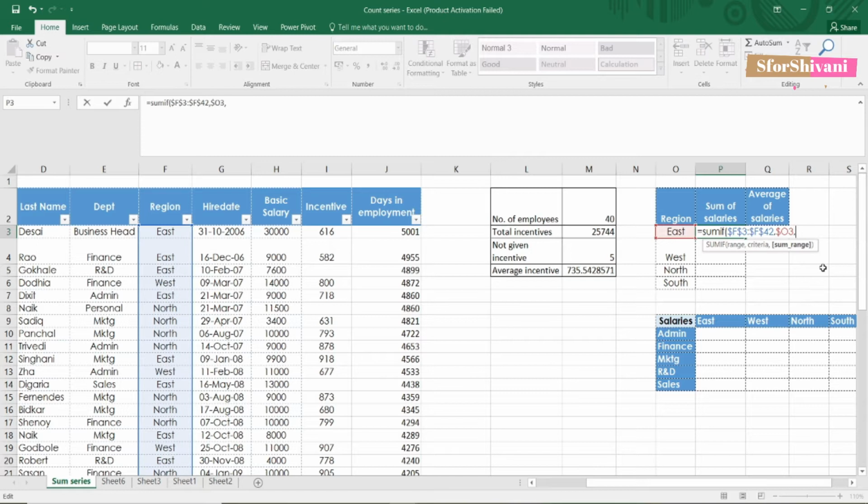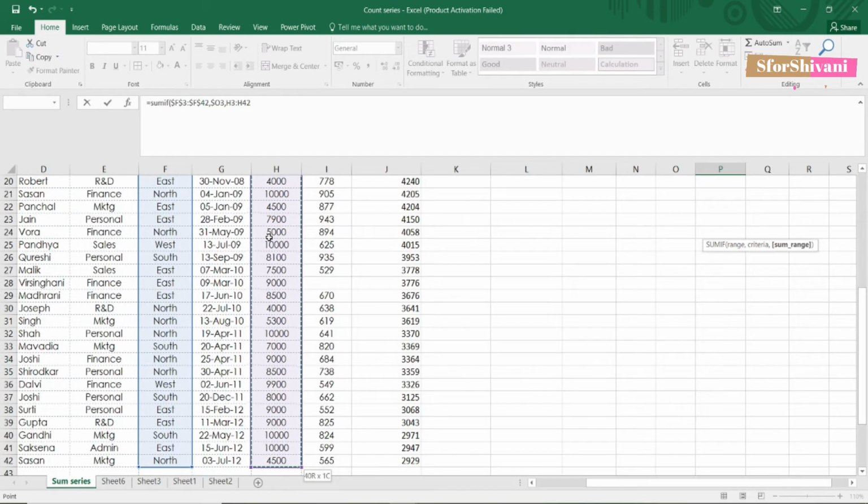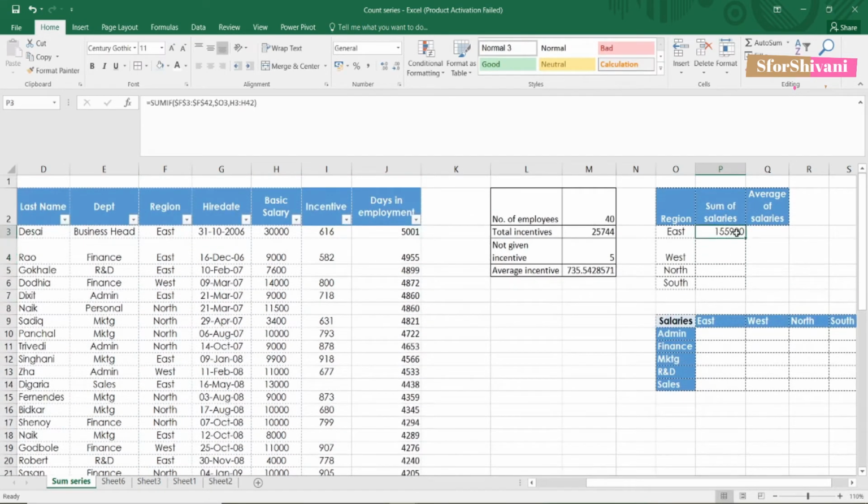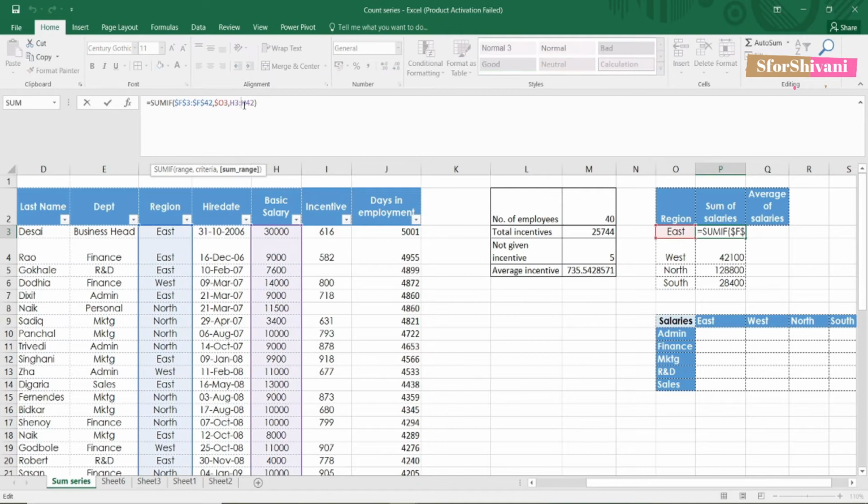And now I have to give the sum range. Sum range is the range for which we have to calculate the sum. So here salary, and close the bracket. Press enter. This is sum of salaries that we have. Yes, I have not fixed the sum range, so I have to add dollar sign to this, and I press the F4 key.